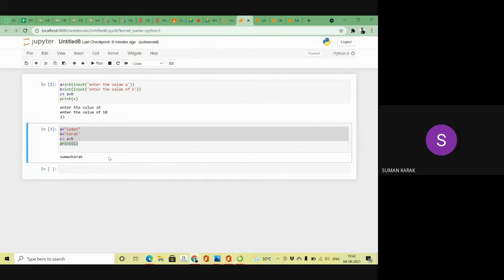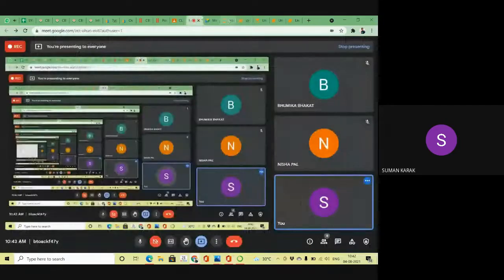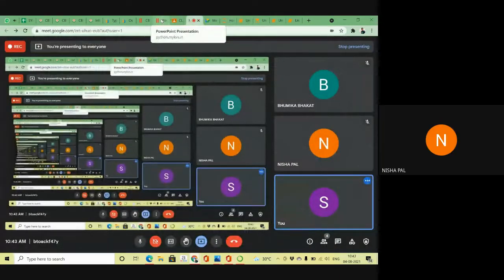If it is mutable, then you can change the value of a and the value of b after the execution of the program. But if it is immutable data, then you cannot change it after the execution. That means when you run the program, you cannot change it. Did you understand what I'm saying?